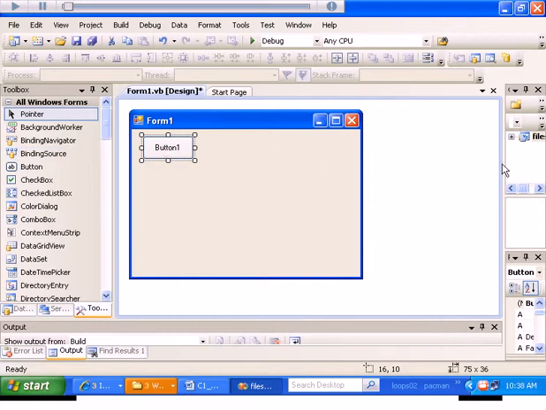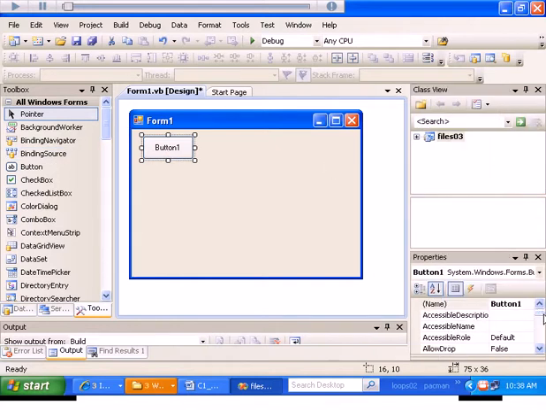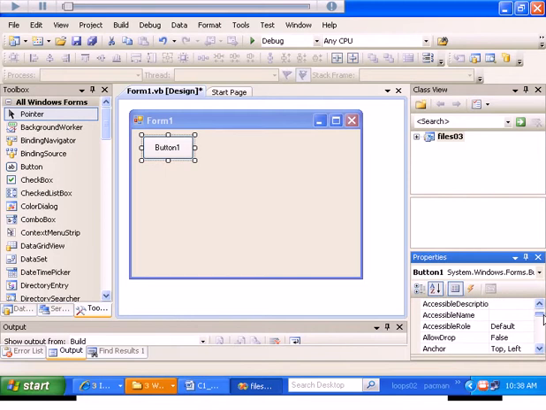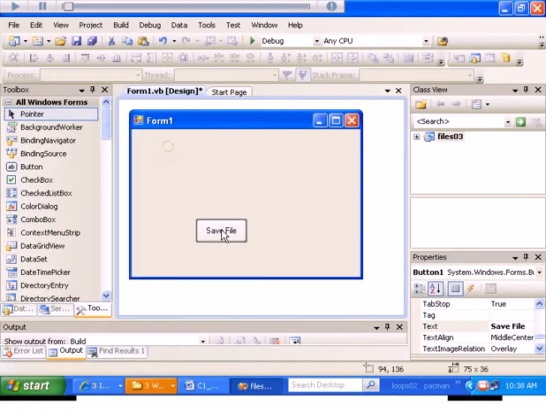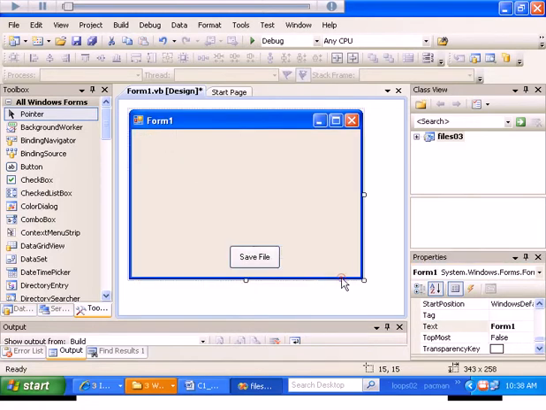Let's label this button right here: Save file. So I'll go to the text property and I'll say save file. I'm going to put this down here for now,